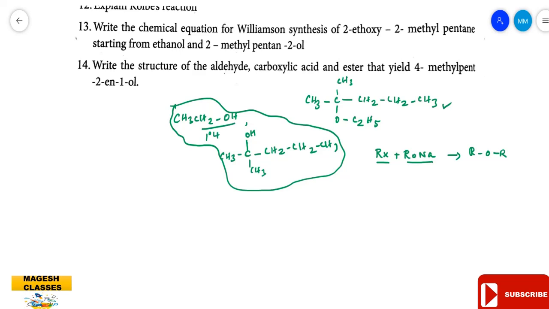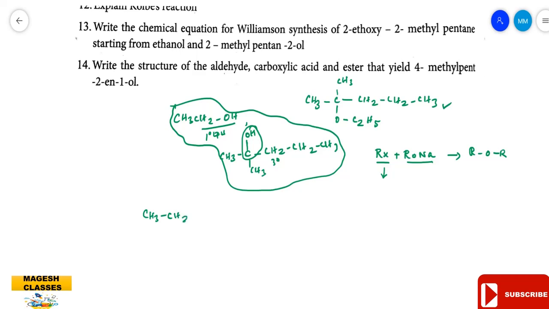We have discussed in the previous video what is primary, what is secondary and what is tertiary, and what are the tricks to find out primary, secondary, tertiary, etc. So CH2OH is present, so it is a primary alcohol. So this combination is primary. And here the C-OH is present, so it is tertiary. So by taking alkyl halide, which one is opted? Either ethyl chloride or this tertiary halide. You have to select the primary halide, so it is primary.